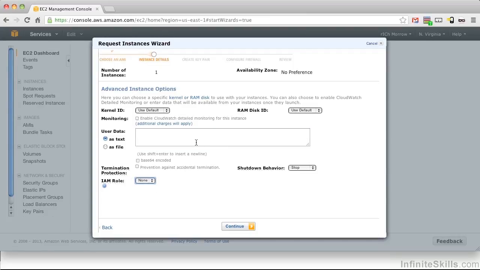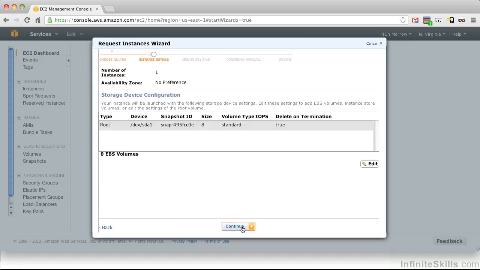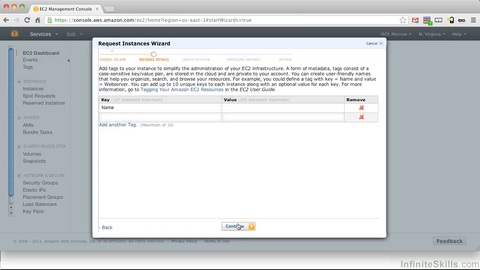This being the first time we're getting in here, let's just go ahead and leave everything as default and push continue. The T1 micro comes with no ephemeral disk, so this root volume that we're actually provisioning is an EBS disk. Let's go ahead and push continue here. Tags allow you to simplify the administration of your EC2 servers. Let's go ahead and push the value parameter and let's type in a name of my first server for the name